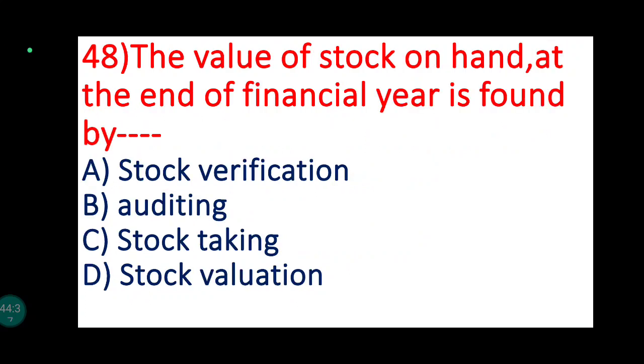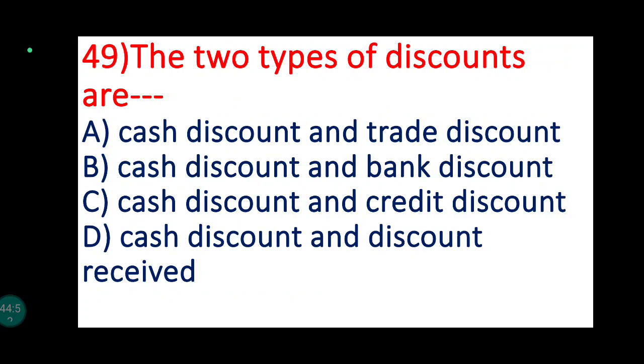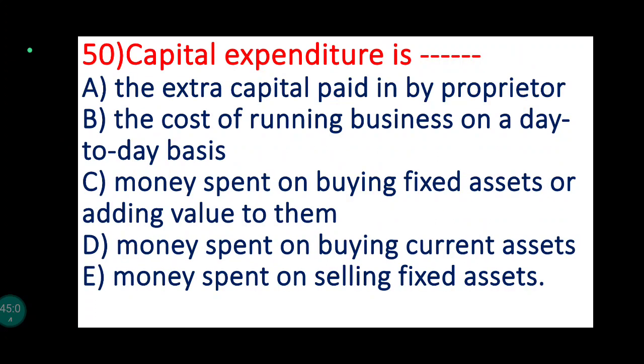Point number 48. The value of stock on hand at the end of the financial year is found by. So it is found by stock taking. We have seen this before. Stock taking. 49. The two types of discounts are. So the two types of discount are cash discount and trade discount. Point number 50. Capital expenditure is,